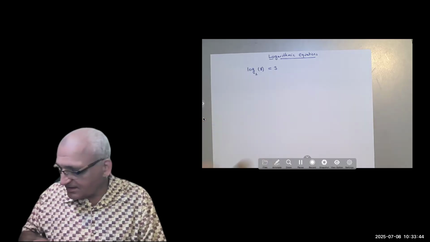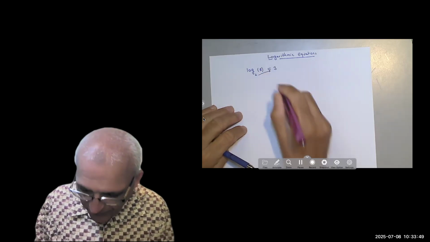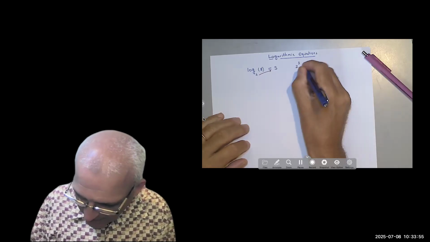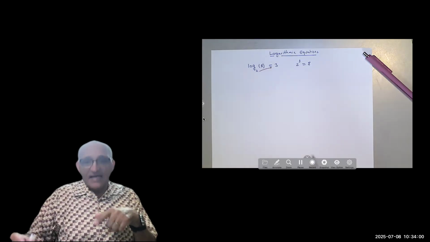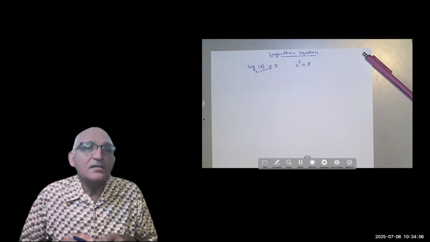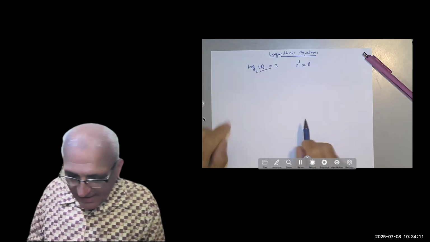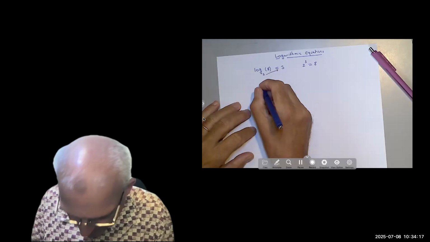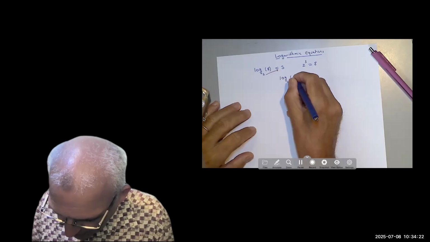So you can read it as follows. This is read like 2 to the power of 3 equals 8. So that's how we write it logarithmic. And we say that the power and the logarithm are inverse functions. So if I have an equation like that, so let me write it again. So if I say log to the base 2 of 8